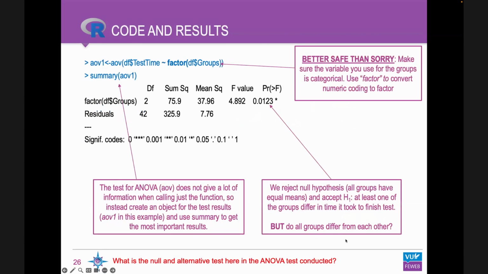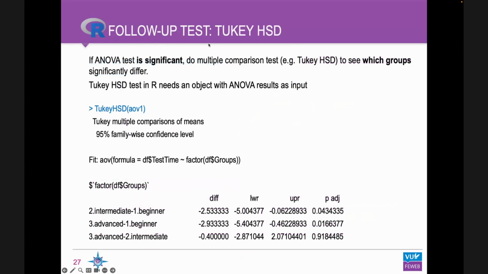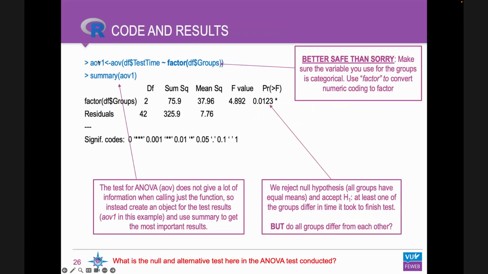And yeah, as I said, this is a kind of a problem, that we actually don't know which groups exactly differ from each other. For that, we can do a follow-up test, which is called Tukey HSD test. This basically does separate t-tests with some adjustments. We don't cover that here necessarily, but you basically put the ANOVA object that you created here, so this is the result from ANOVA,